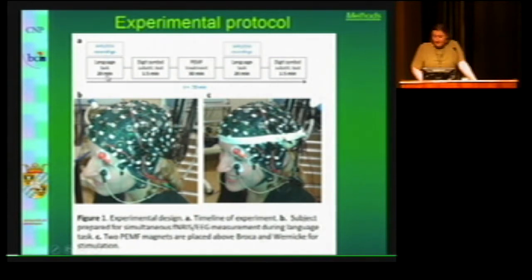First, subjects are performing a language task for 20 minutes, while simultaneously we record NIRS and EEG. Then they perform a digit symbol substitution test for working memory, just to check it quickly. Then they get a stimulation, one of the 3. After that, they perform the same task again while again simultaneously recording brain activity, and after that again the digit symbol substitution task. And you can see here we mounted 2 magnets on Broca's and Wernicke's regions, and the subject